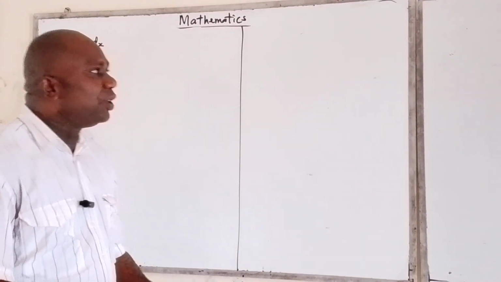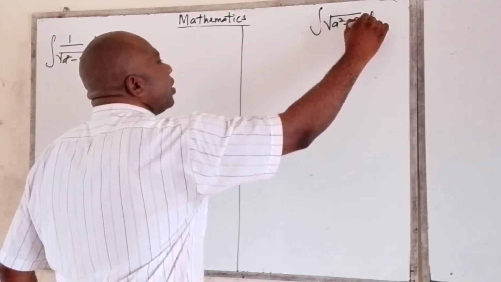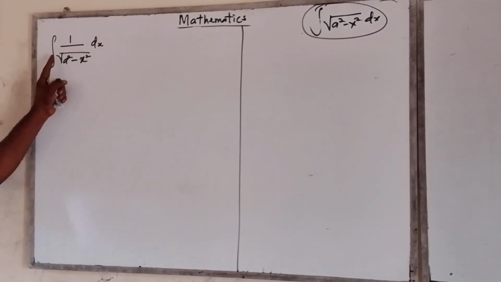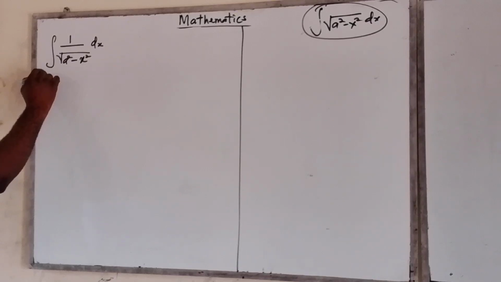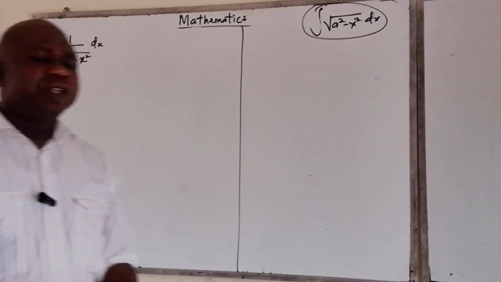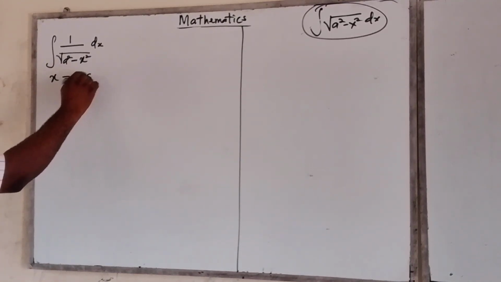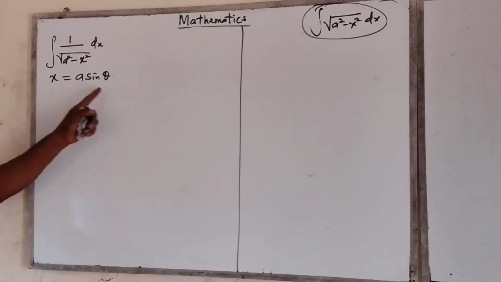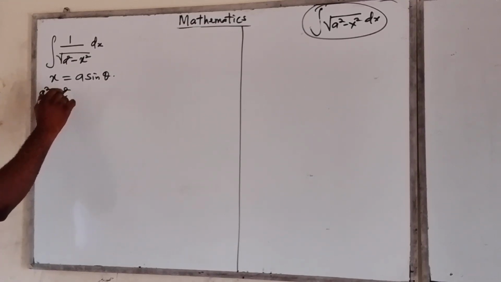In our last section, we looked at the integral of the square root of a squared minus x squared dx. Today, I want us to look at 1 all over the square root of a squared minus x squared dx. We said that when you're integrating a function like this, you substitute x is equal to a sine theta. Now, if x is equal to a sine theta, it means a squared minus x squared will be